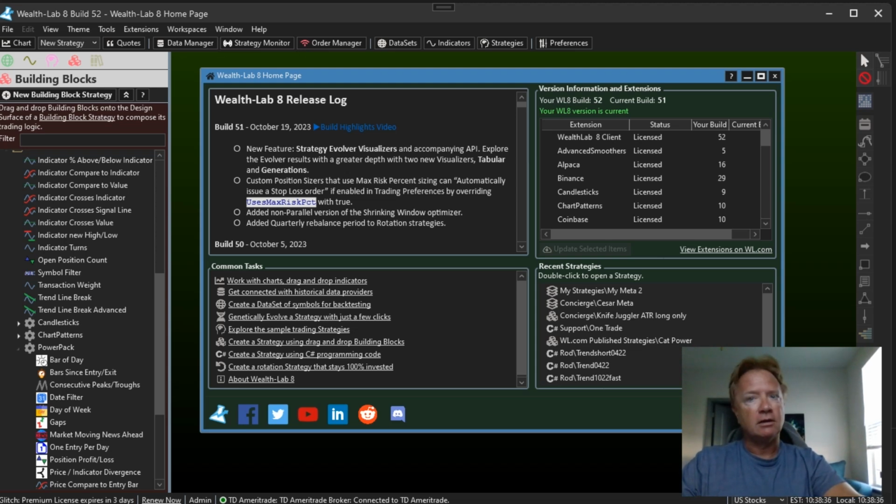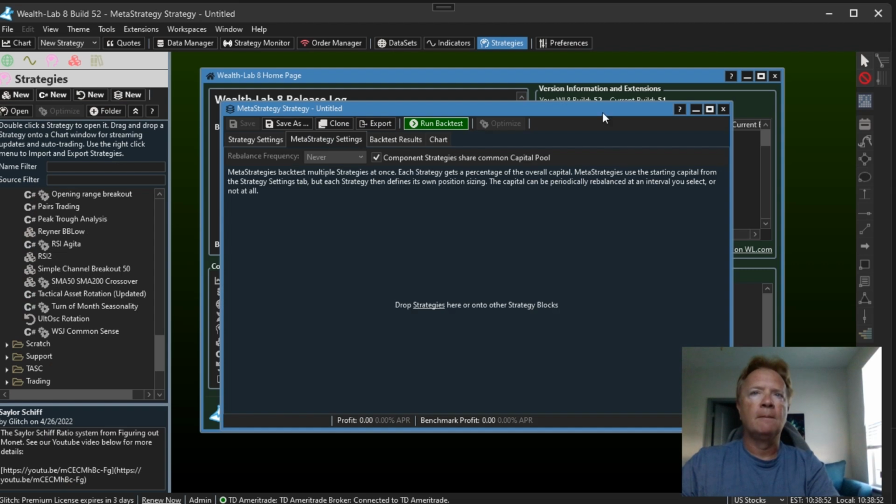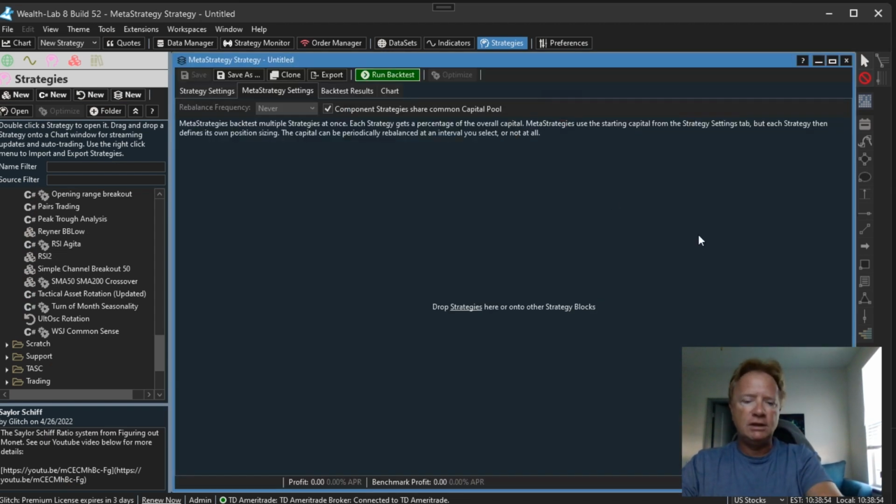So let's get started. There's just a couple of features I want to cover in Build 52, and the first is a new mode of operation for our MetaStrategies. So let me open a new strategy, and I'm going to make it a MetaStrategy. And a MetaStrategy is composed of one or more component strategies, and they all run together and produce a combined